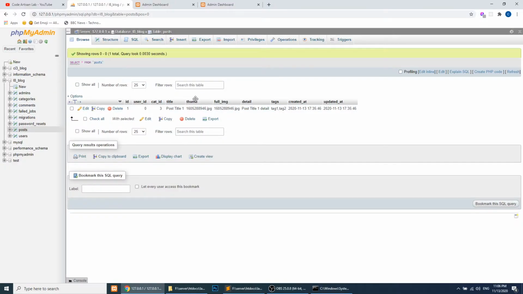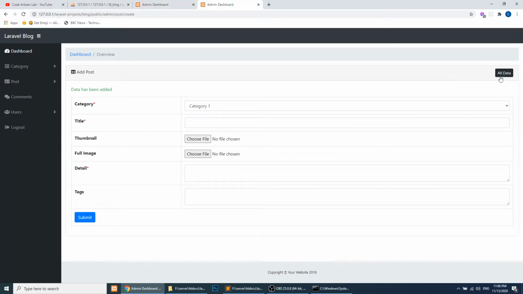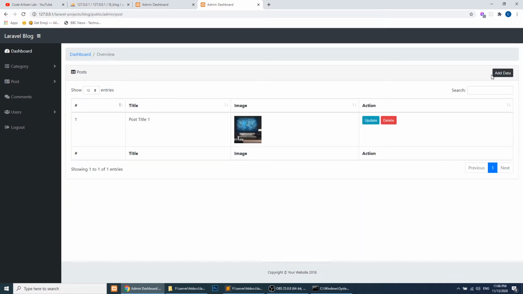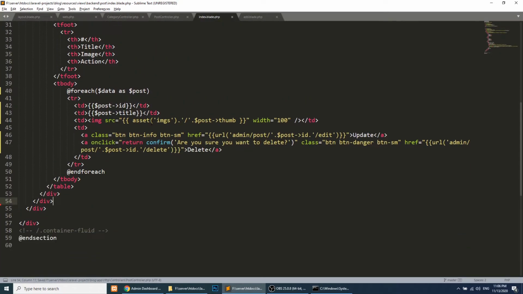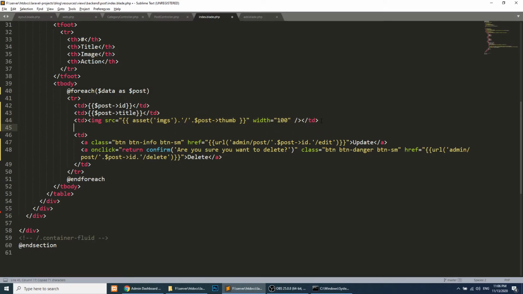Okay, let's see in the detail page. Let's see in the list page what it is showing. So this is the thumb image we are showing. Now let's add one more image here, the full image. So this is the full image,